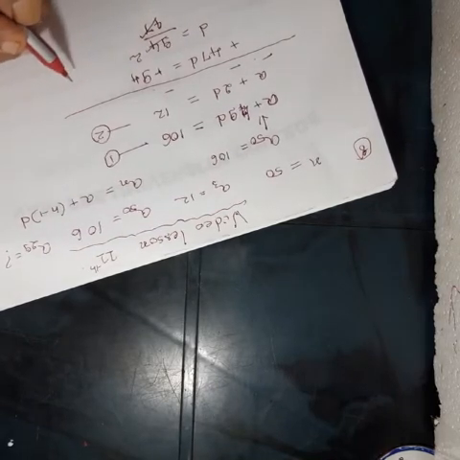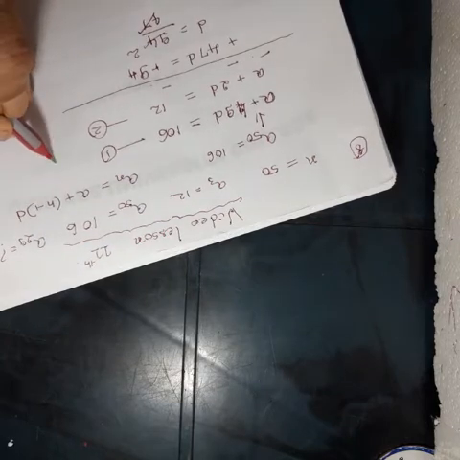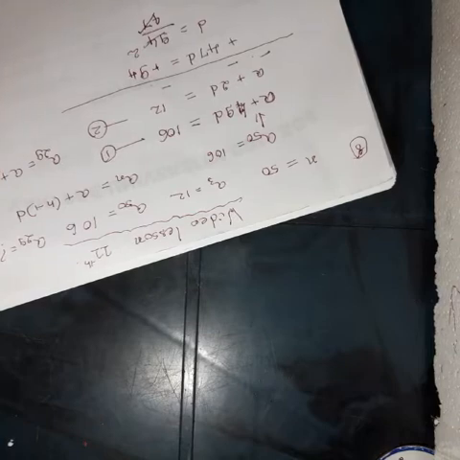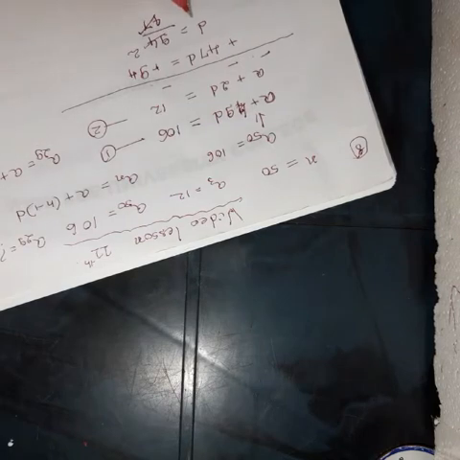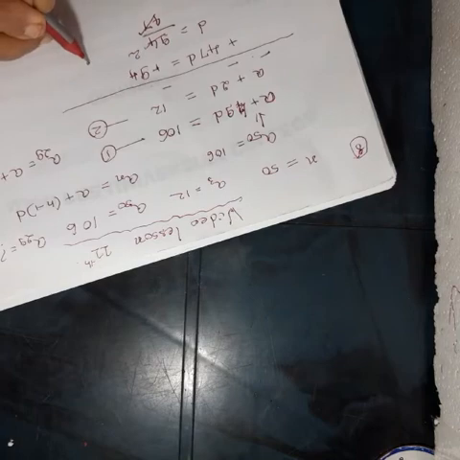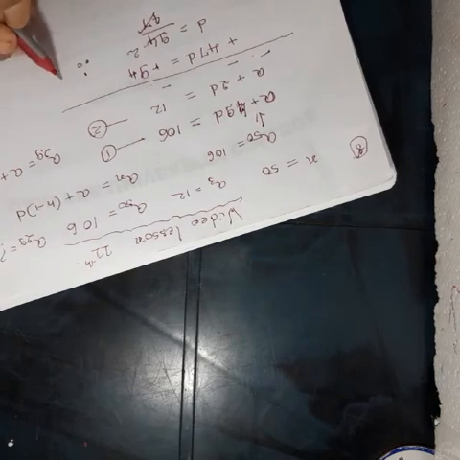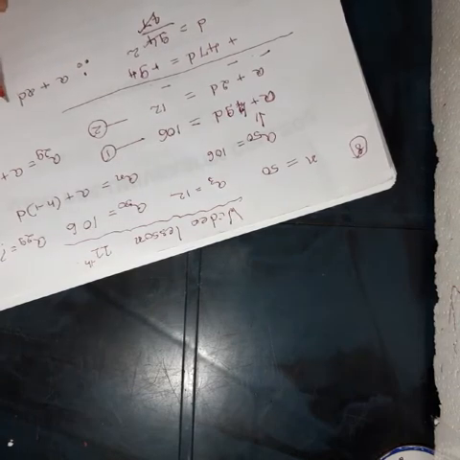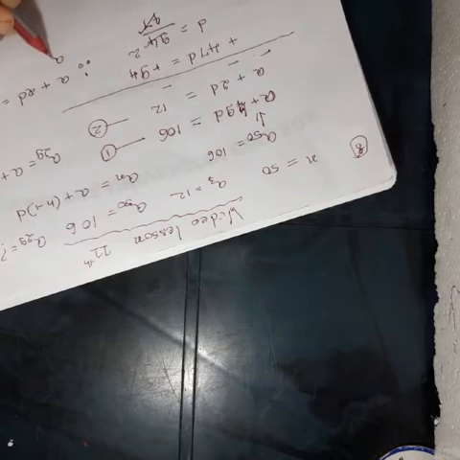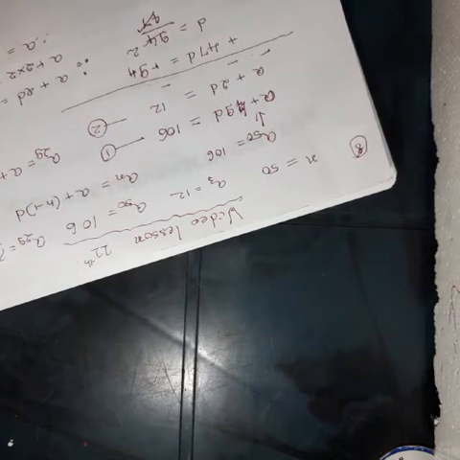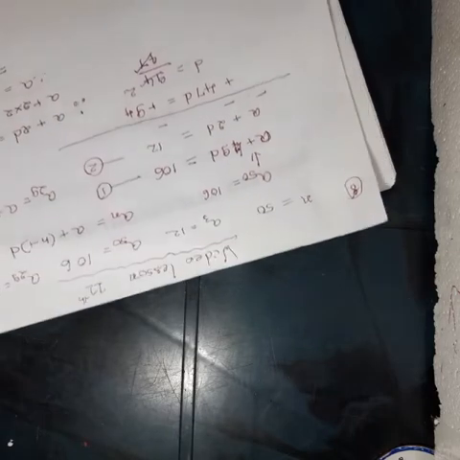Now, because they have asked for A29, it is a plus 28d. We want the values of a and d, and we have got d equal to 2. To get a, you can use any equation, and I am going to use the second one because it is simple. A plus 2d is equal to 12. Substituting, a plus 2 into 2 is equal to 12. Therefore a is equal to 12 minus 4, so a is equal to 8.